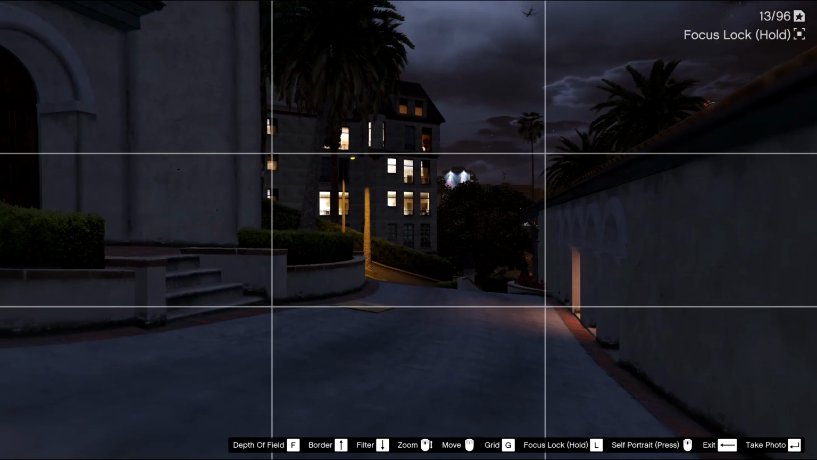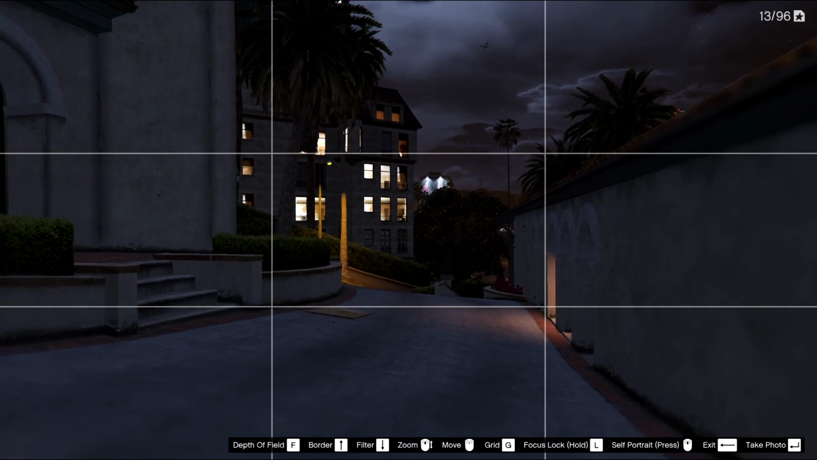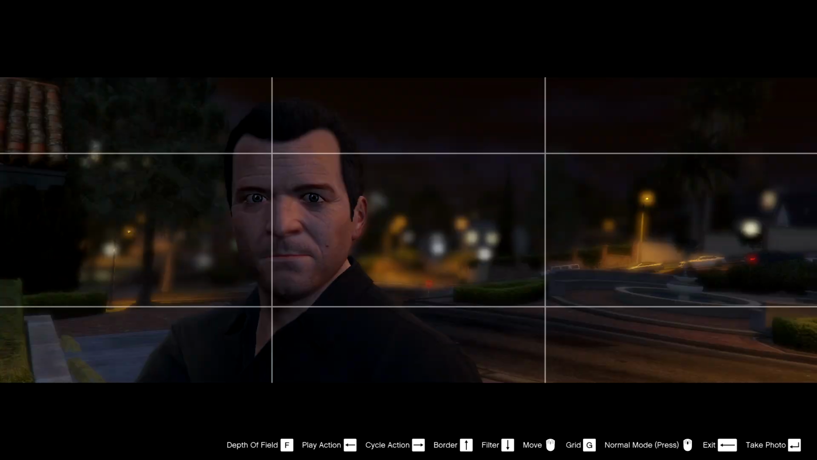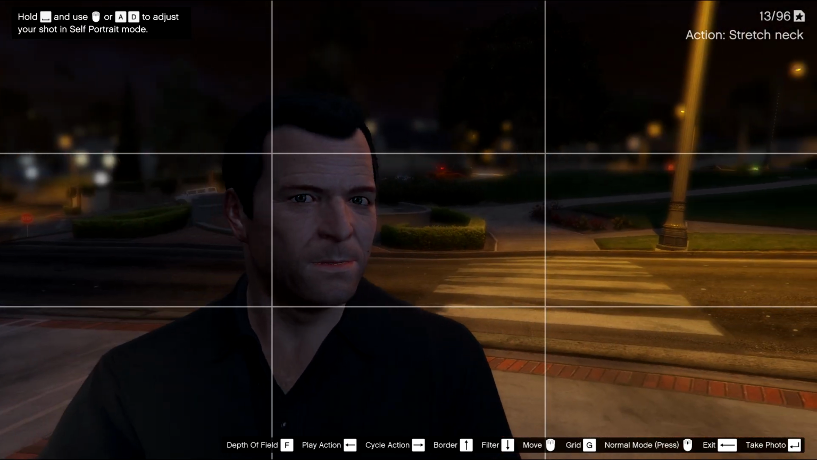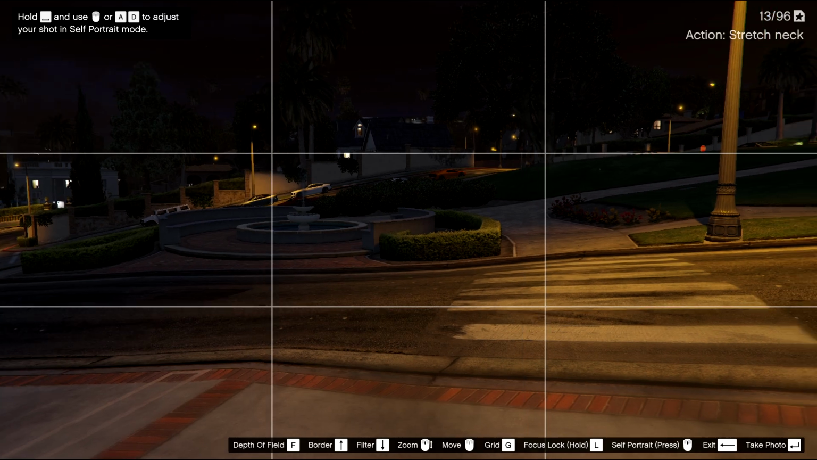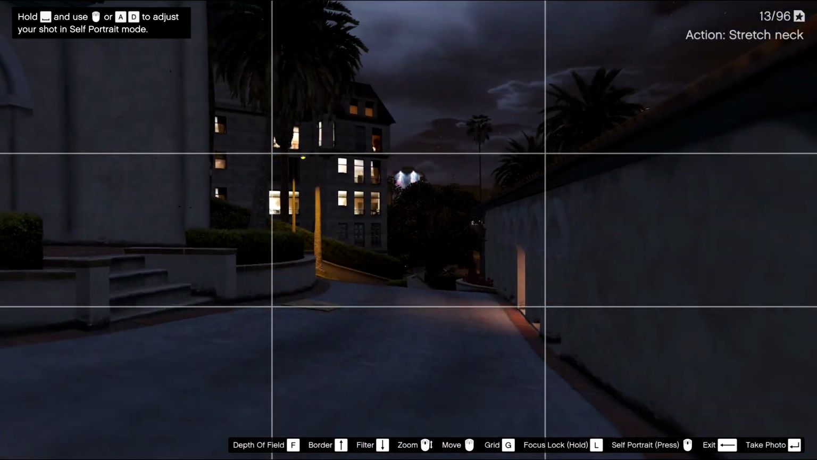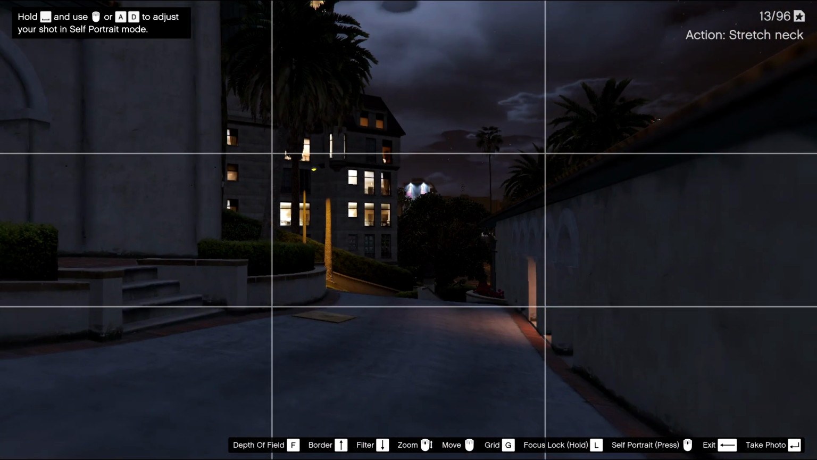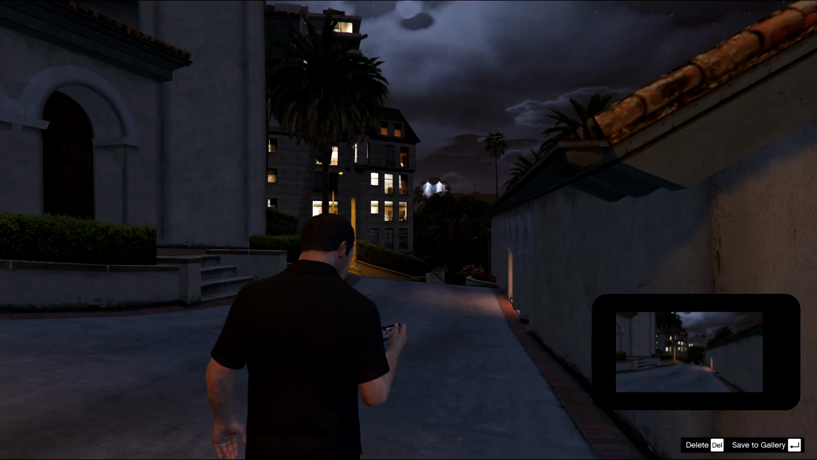You also have focus lock. There you go. You can also have a portrait or a selfie of yourself right now. I'm going to show you. There you go. Take a selfie. To take a photo, you can just click your left mouse button like that, or